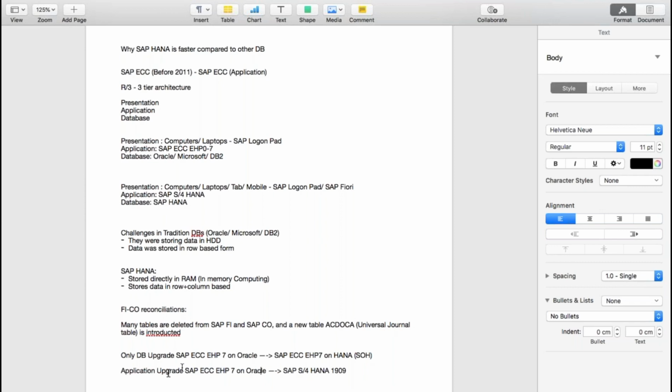Once you upgrade the application, you will be coming to the complete new SAP S4HANA environment. But Vikram, how is the upgrade possible? Because ECC EHP 7 is based on different criteria, right? What do you mean by different criteria? It means that the architecture of that old version is completely different from HANA. Exactly. So when you upgrade, that old architecture will be replaced by the new architecture.